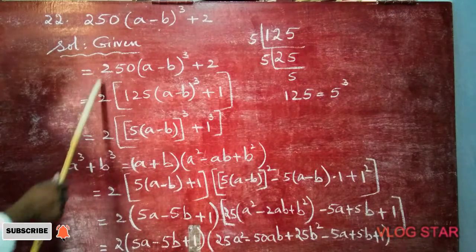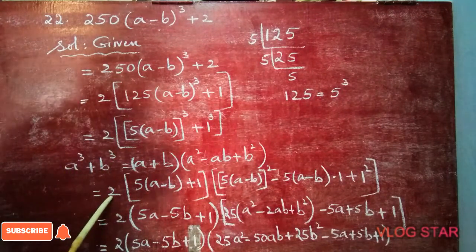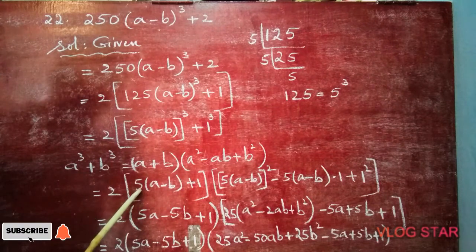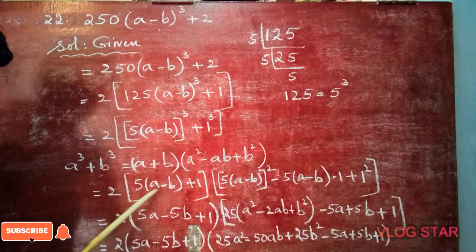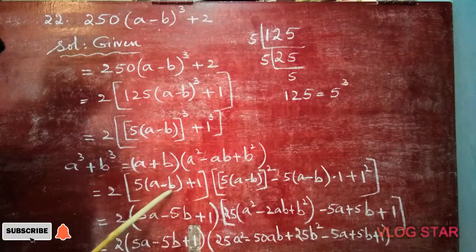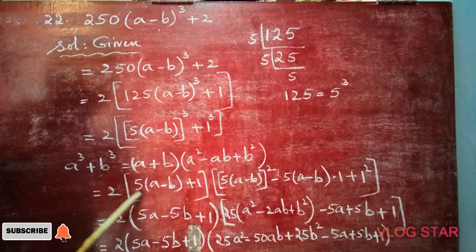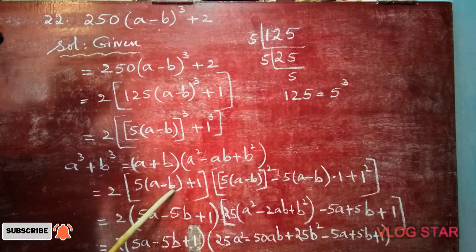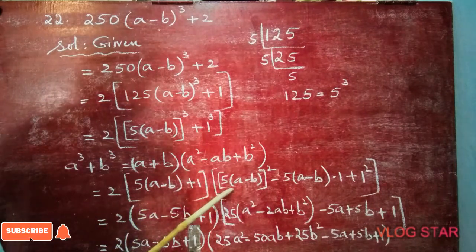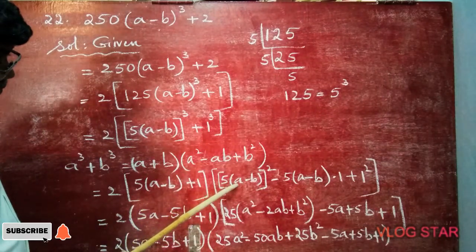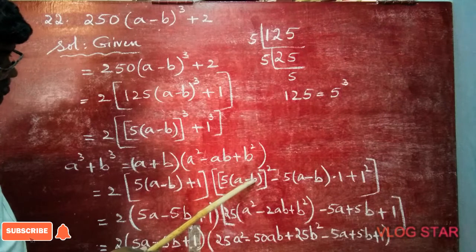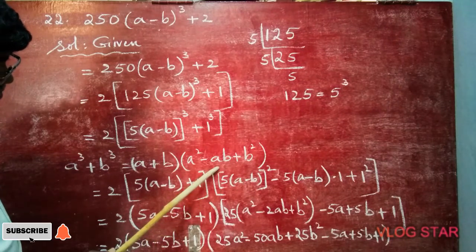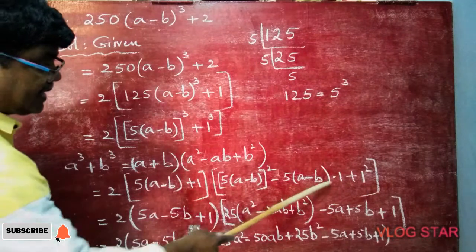Now 2 into, don't forget this 2, very important, that is we have taken common. 2 into (a plus b). In the place of a, 5 into (a minus b) plus 1. See the brackets, square brackets. Difference is there. This is all a term, a plus b. 5 into (a minus b) plus 1 into a square. What is a square? 5 into (a minus b) whole square. This square is for 5 and this square is for (a minus b) also. So again, see the brackets. This is big square bracket. Inside these are the brackets.